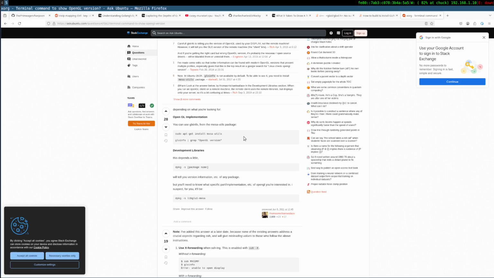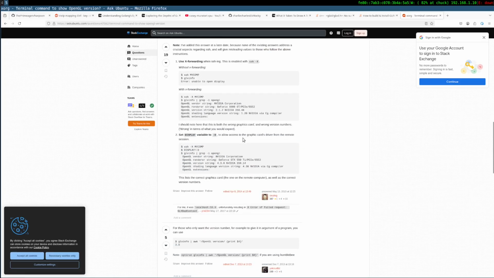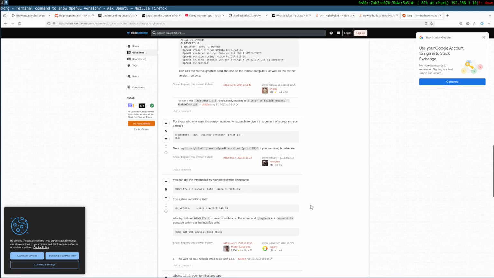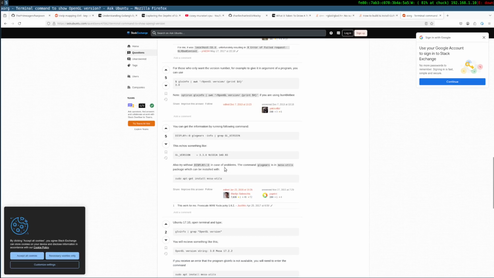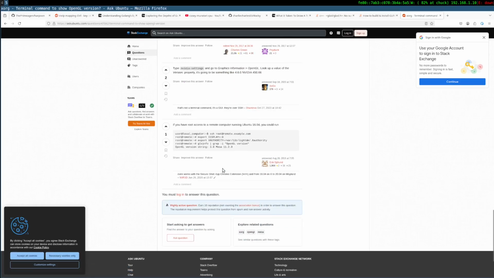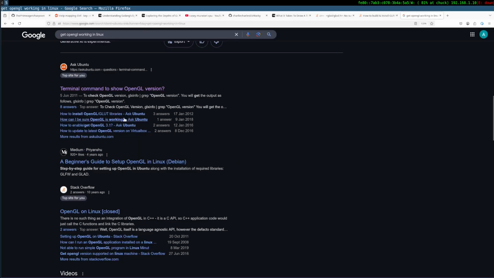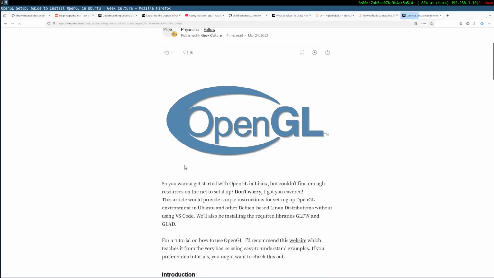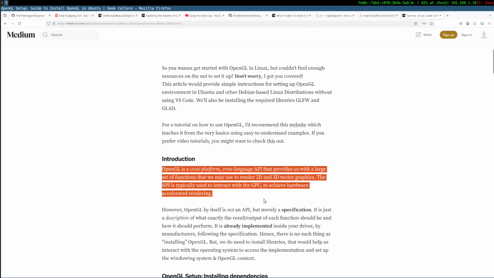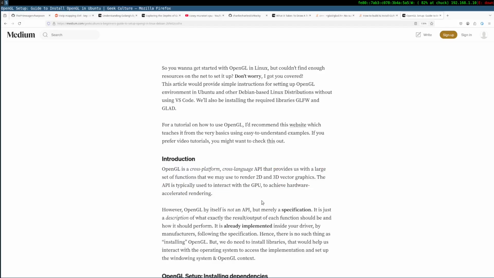Okay. Gotta build shaders and stuff. Before that, I need to figure out how to get the pipeline up first. How to install OpenGL to set up. Introduction: OpenGL is a cross-language API that provides us with a large set of functions to render 2D and 3D.